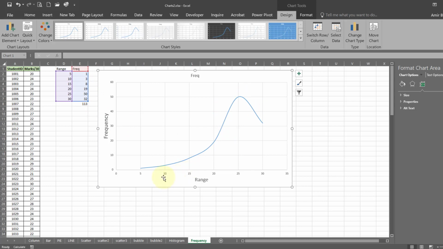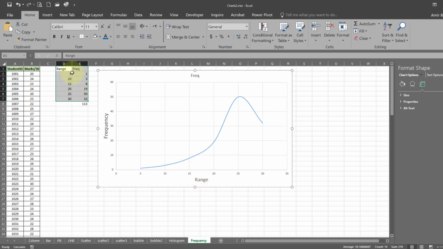Now this graph only has points that are these, only 6 points here and 6 points here. So this is not a graph like the histogram where you can get all the points for these marks. So these are just limited to this area.